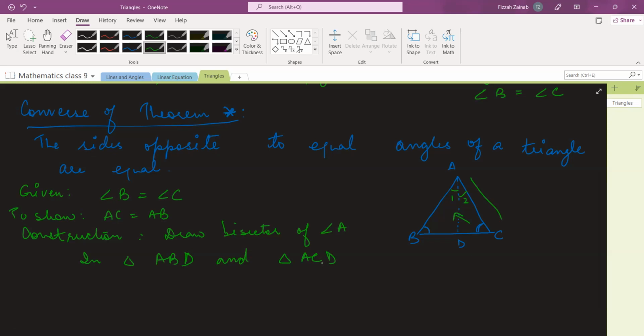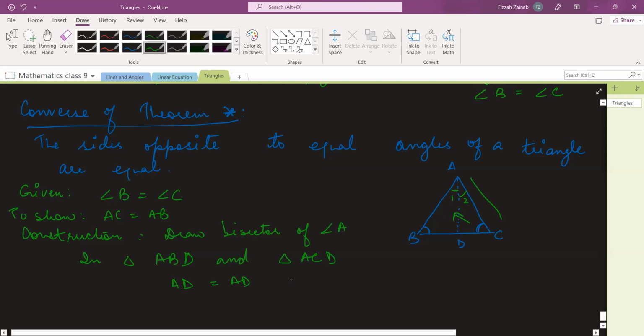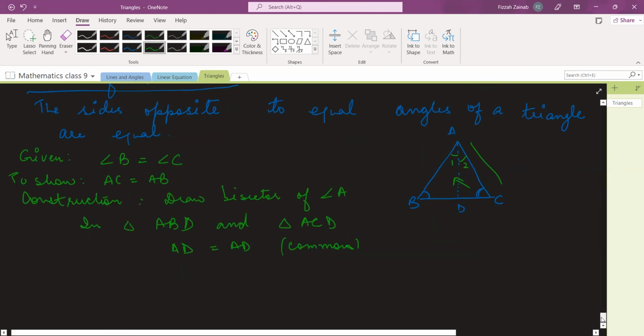Now, Jaslyn, you tell me three things which are equal here. AD is equal to AD, common. Yeah, AD is equal to AD, right? Okay, and is there any angle which is equal? Angle 1 is equal to angle 2. Yes, okay, which is by construction. Okay, and third thing,